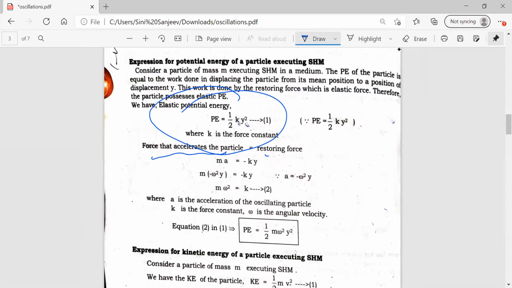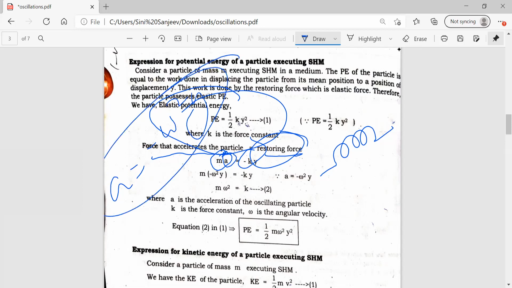Similarly, the same thing we are going to do. The force on that particle is the restoring force. When the spring action comes, when it is going to restore the force, we studied this in elasticity. Correct? Restoring force: ma is equal to minus ky. Again, the acceleration formula is what? Minus omega square y. We have to remember this, okay? We're just substituting it and cutting y, negative, negative, that's it.